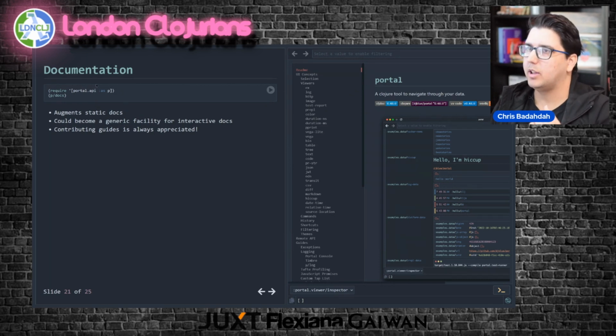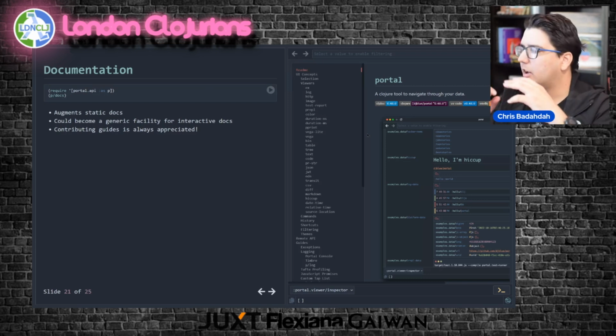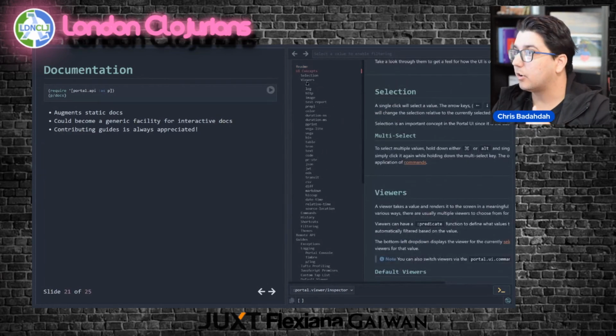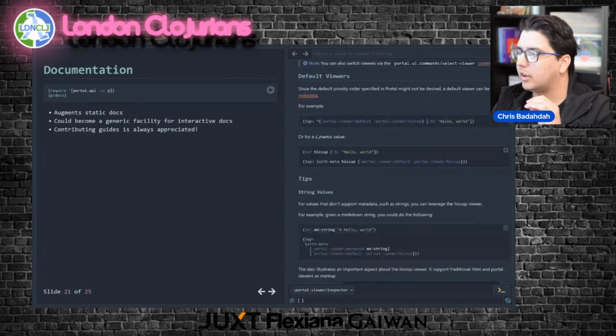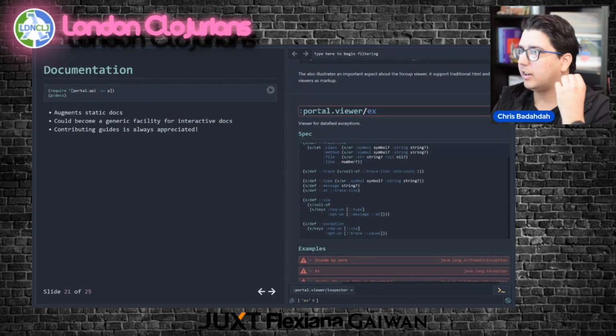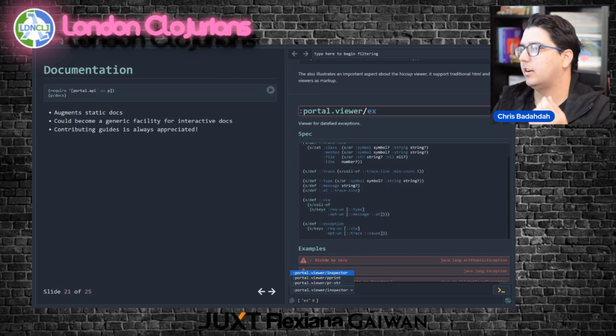But yeah, you require the Portal API namespace, you do pdocs, and it'll open up. The cool thing here is it'll take the static markdown that exists in the documentation that's deployed to Clojars and enhance it with the viewer documentation that can only run in Portal, because you need access to the viewers. Right? So here's the README, here are some other articles and guides, but then under viewers, you can see all the viewer guides or all the viewer docs, where you can see the name of the viewer, kind of like all the things over here that I've been talking about.